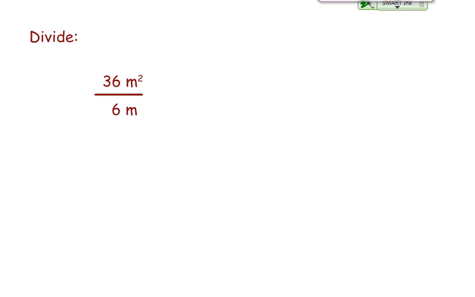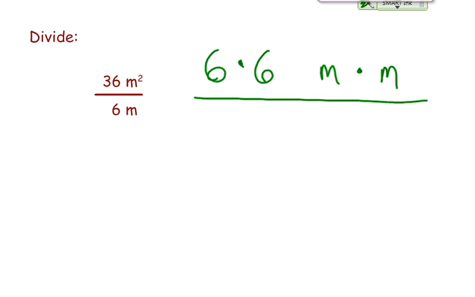Let's look at another one. All right. This time it says divide 36 meters squared by 6 meters. All right. Well, I'm going to break this down. I know that 6 times 6 equals 36. Just like I know that meters times meters gives me meters squared. Now, that's the top of my fraction, and then my bottom of my fraction says 6 times meters,